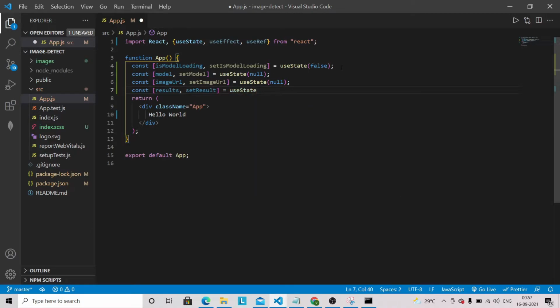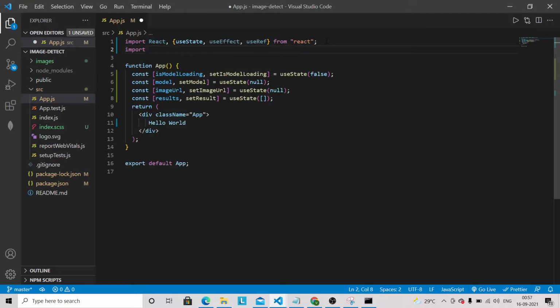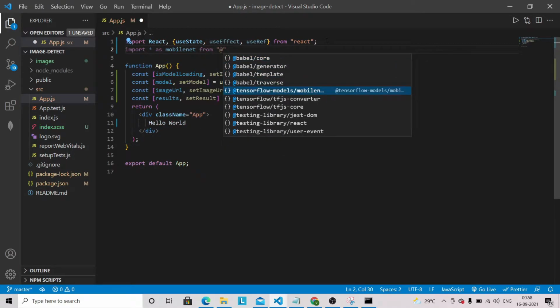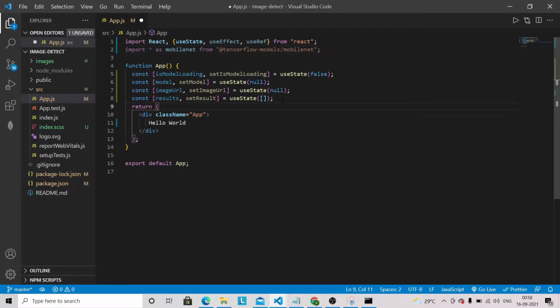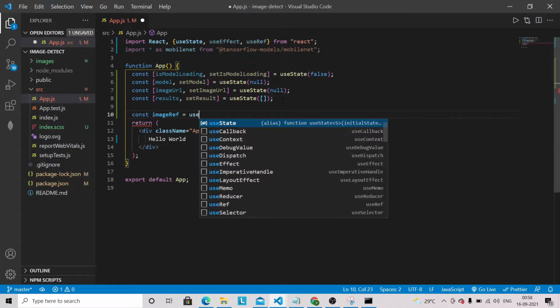So I'm going to use useState here, and we also need to bring in MobileNet because it is important to detect images. So import star as mobilenet from TensorFlow mobilenet. So we are done with the state. Now we need to define some refs here. So imageRef is equal to useRef.